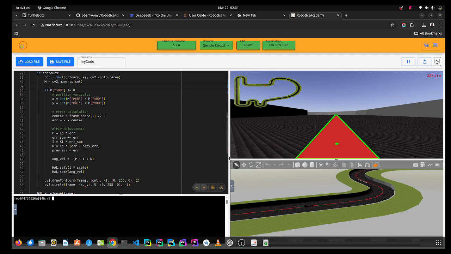So I calculate the center of the largest color I can find,